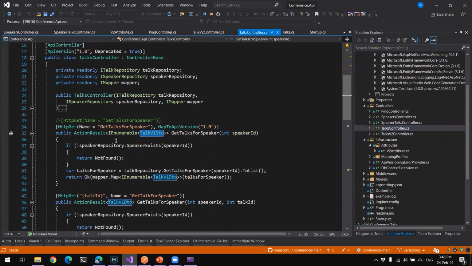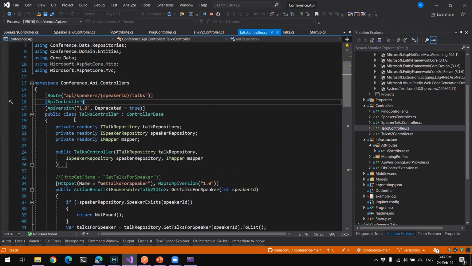And in order for me to do that, I can create the controller, do my logic in there and so on. But I can go here in the route and say, you can access this controller by using the route API speakers that we already had for the previous controller, passing the speaker ID, and then talks. So there is absolutely no other way of accessing this controller than by using this format.